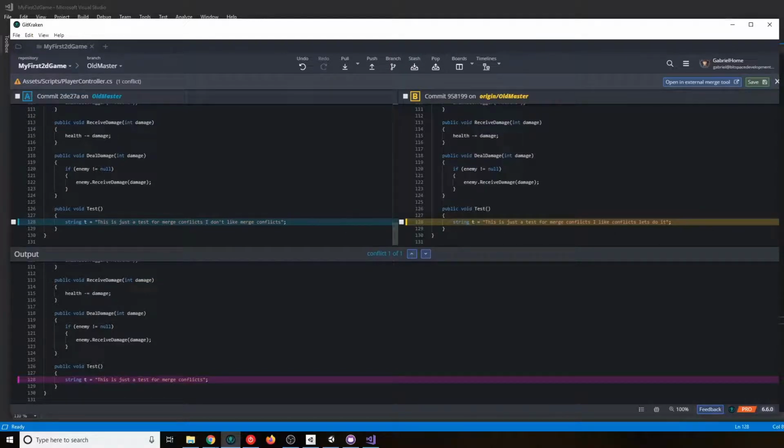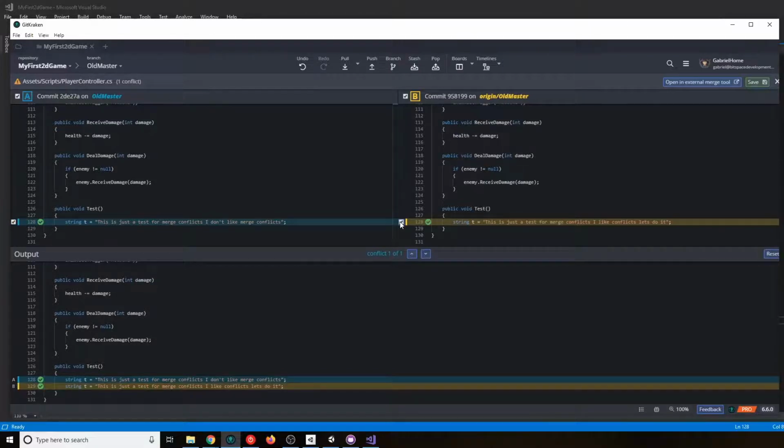GitKraken is telling me there's something wrong with this line. I could leave it just as it was before, I will just remove both of you guys, or you can decide and take yours and it will add mine, or I can take both and it will add two lines. This will result in a conflict for code.